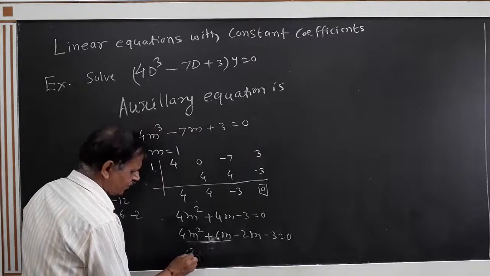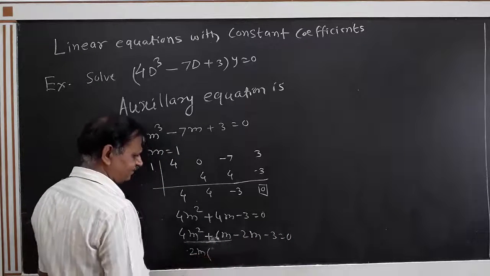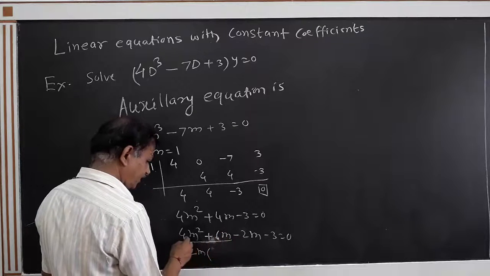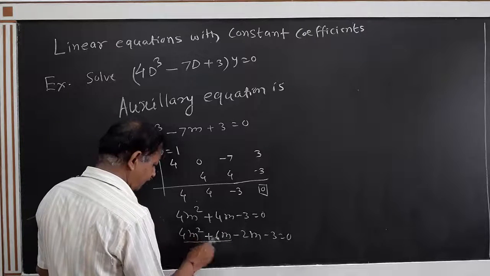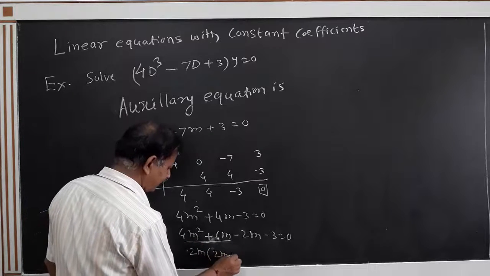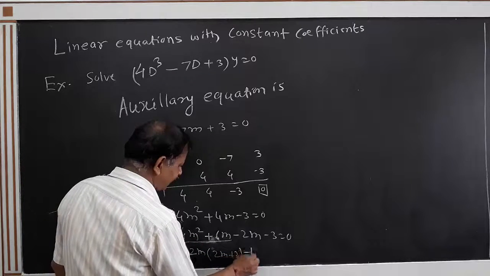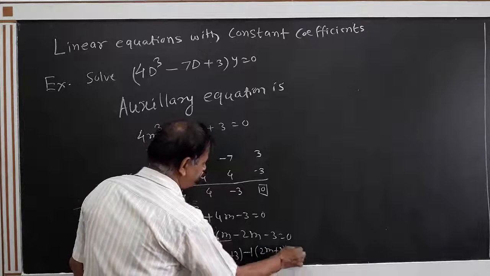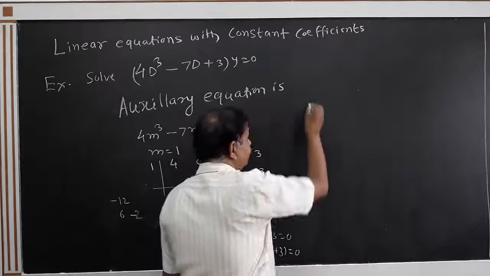From this I shall take 2m common. 2m plus 3 will be there. Again I shall take minus 1 common. 2m plus 3 is there. Therefore 2m plus 3